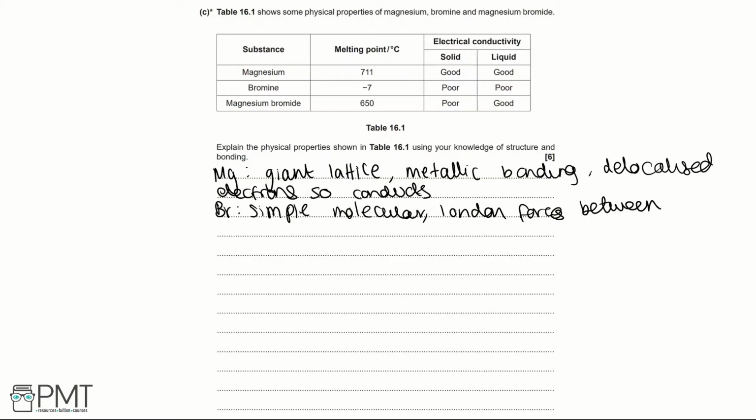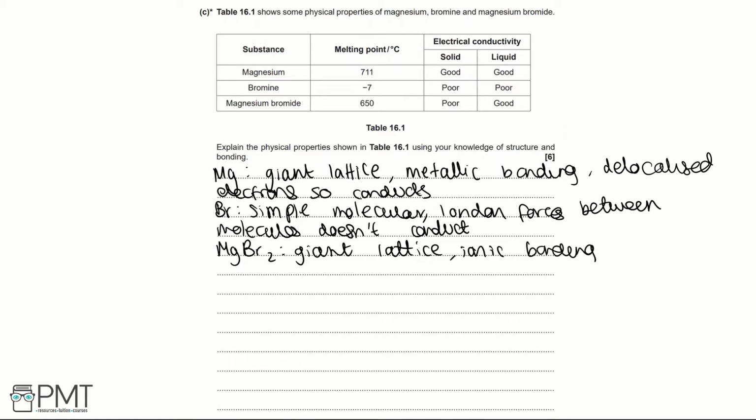Finally, if we move on to look at magnesium bromide, starting again with its structure, magnesium bromide has a giant lattice structure and it's ionically bonded, which we covered in a previous question. So this is between oppositely charged ions. In a solid, the ions can't move, but in the solution, the ions can move. And in solution or as a liquid, when they're moving, they can conduct a charge. So that's why in the table we've got it's a poor electrical